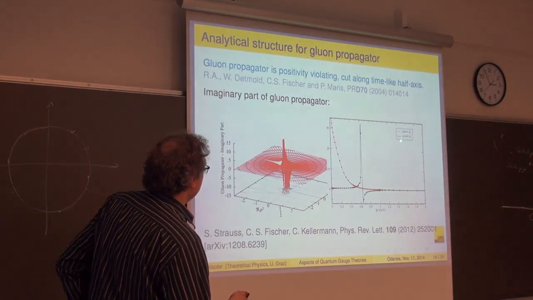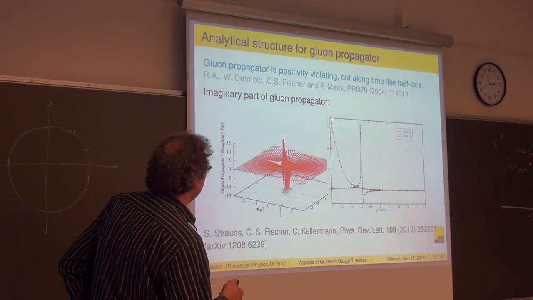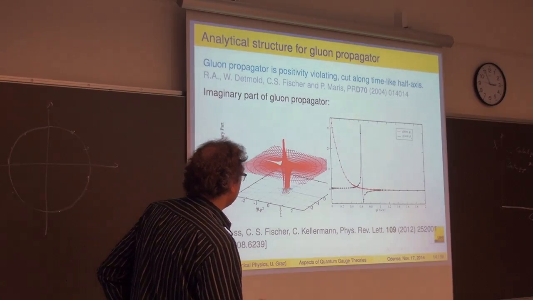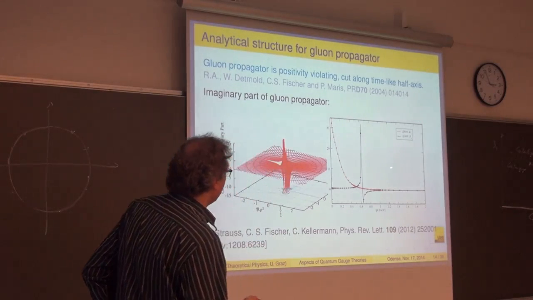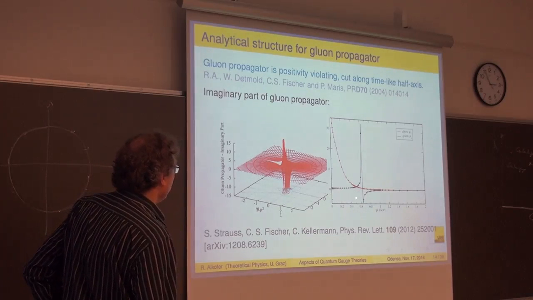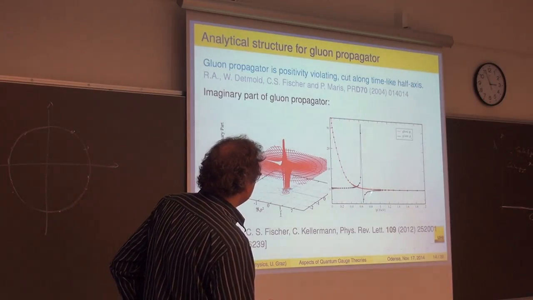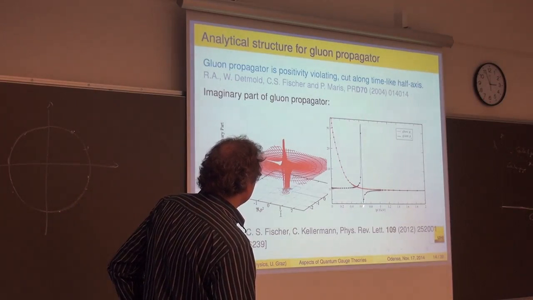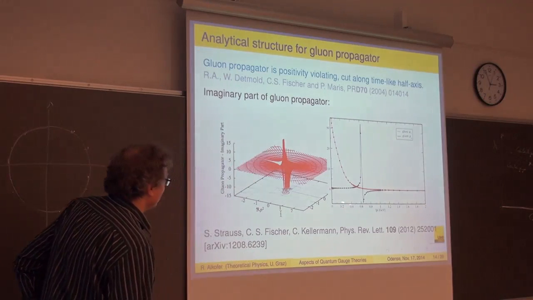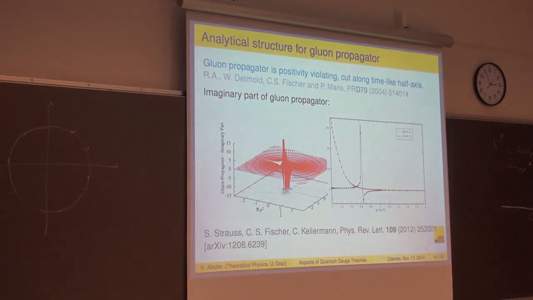So what we have is that the ghost propagator has a cut and a discontinuity, which is then, so to say, only rising in the infrared, whereas the gluon has a cut and a discontinuity, and this discontinuity becomes extremely large at a typical scale of 600 to 650 MeV. There seems to be some typical scale for the gluon propagator. What we did now,